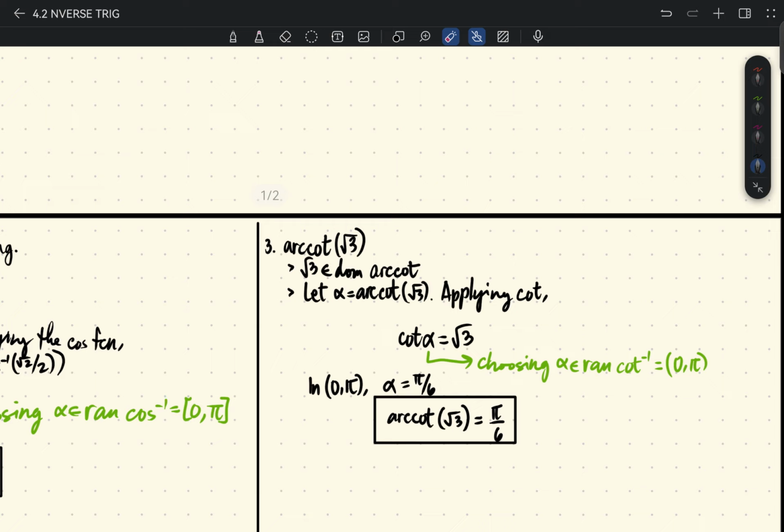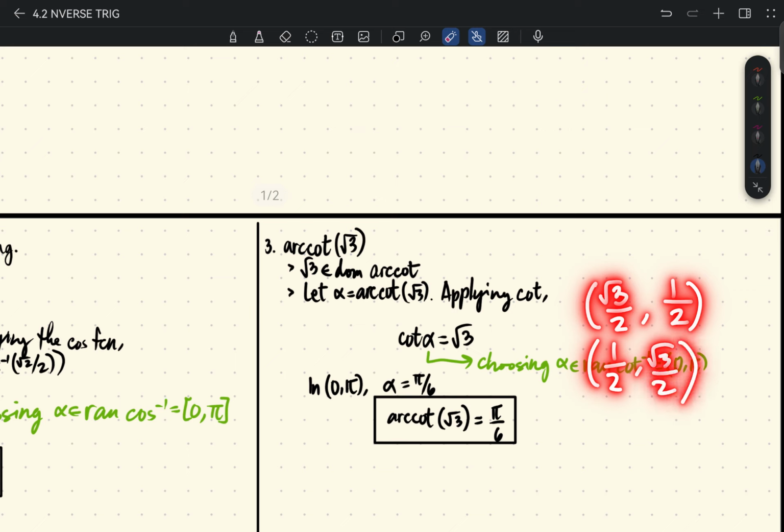But in case that you are not familiar with it anymore, you can look at the given radical. So here you have square root of 3. So that means you are considering these 2 points right here, square root of 3 over 2, comma 1/2, and 1/2, comma square root of 3 over 2. And taking note that this one corresponds to sine alpha and cosine alpha, and this point corresponds to the angle pi over 6, and this one corresponds to pi over 3, we can run our trial and error.